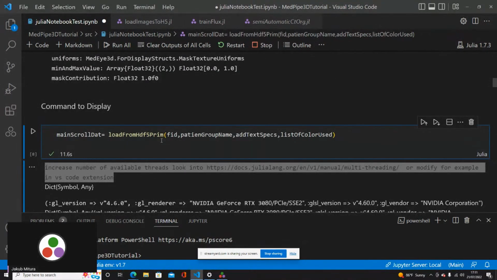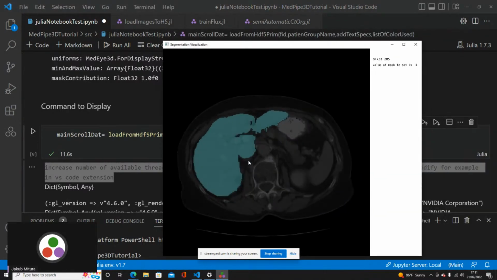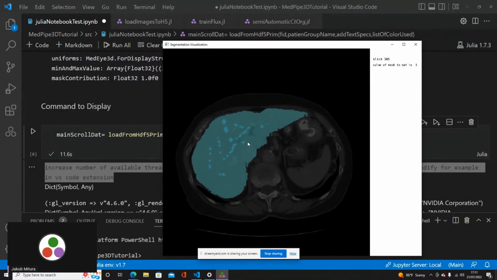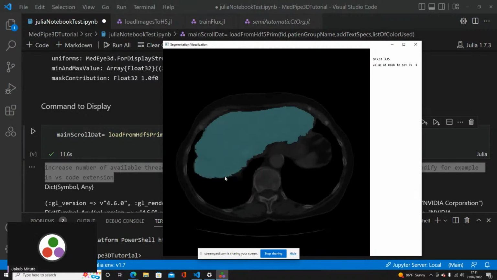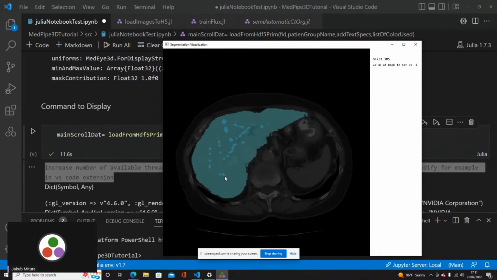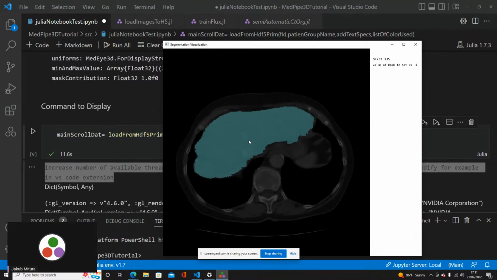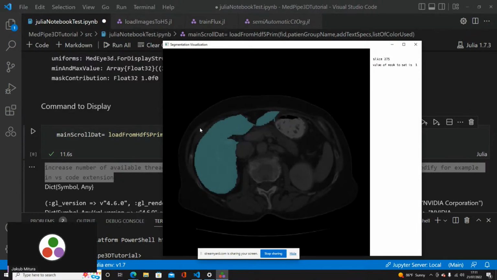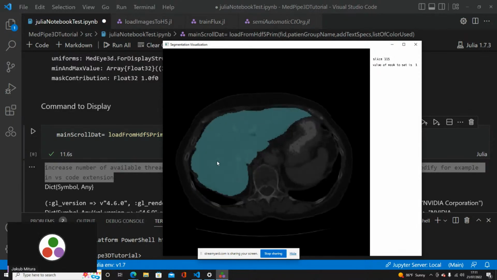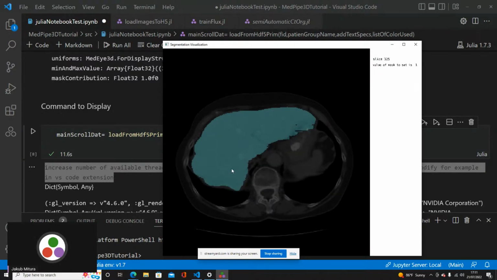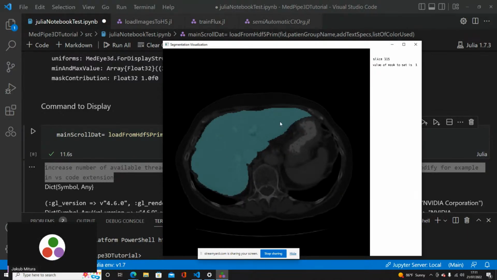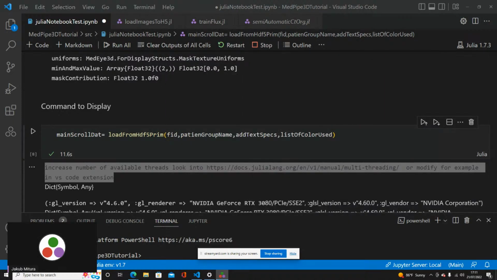So we are here. We displayed the data already and we see what the case is. We see that the gold standard label looks like this. What do we want to achieve? We want our algorithm to have exactly the same properties and exactly the same position. The output of our algorithm should give us a label that is exactly the same as the gold standard. This is the gold standard created manually by a physician, and we want to repeat it with our algorithm.